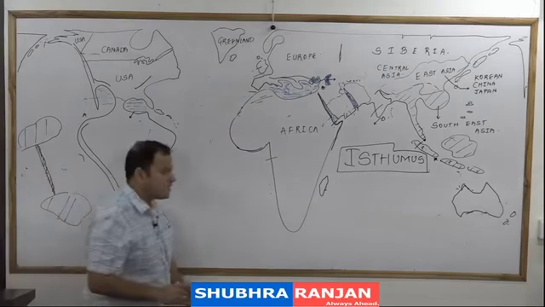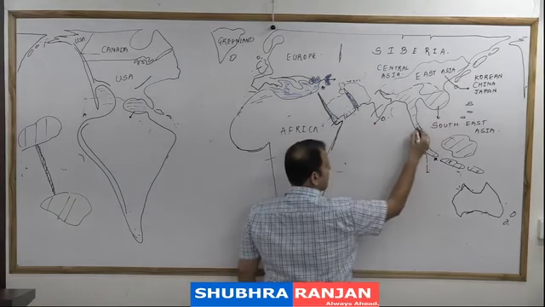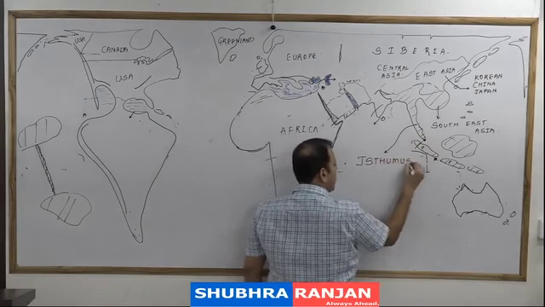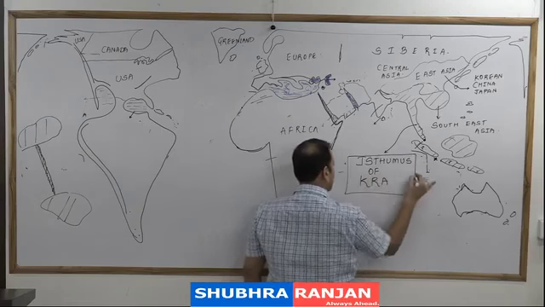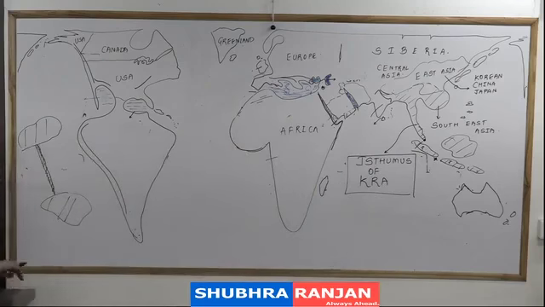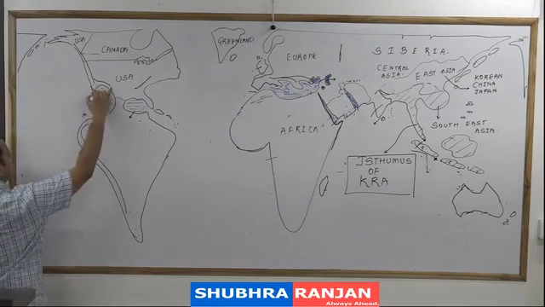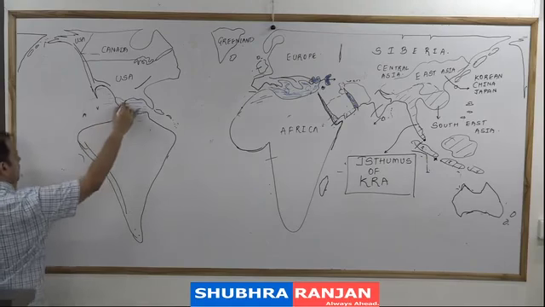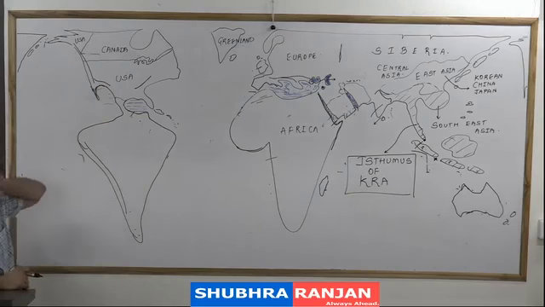But one of the best isthmuses in the world is this region, which separates the Indian Ocean from the Pacific Ocean, and this is the Isthmus of Kra. Now the other isthmus which you should remember is, before I go,